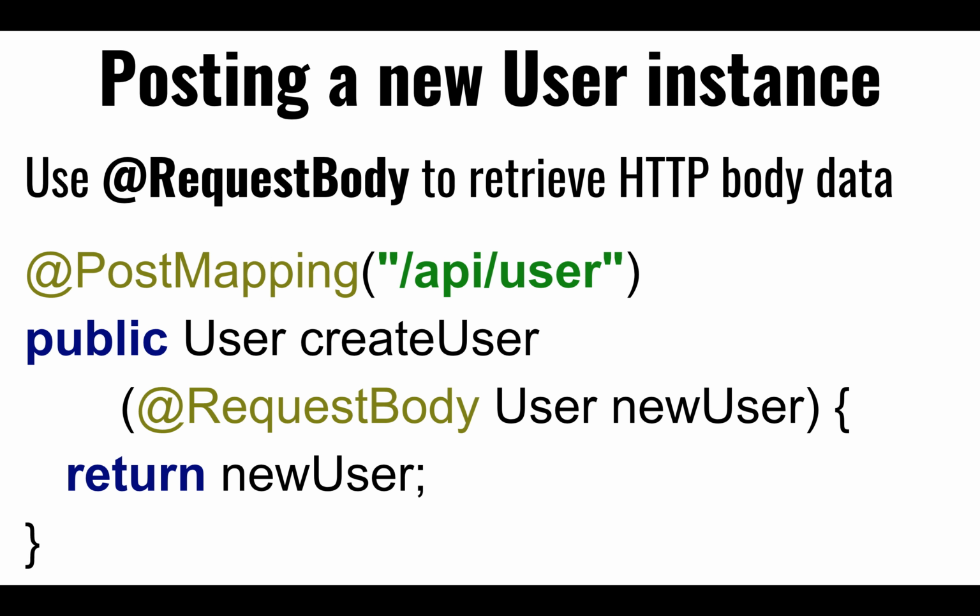At request body by default accepts a JSON object. What it'll try to do is map a JSON object to an equivalent Java object of the same schema. So if it finds a username field in the JSON object, it'll try and find a set username in the Java object. If it finds a password attribute in the JSON object, it will try and find a set password in the Java object. It'll instantiate that user instance and then populate it, field for field.